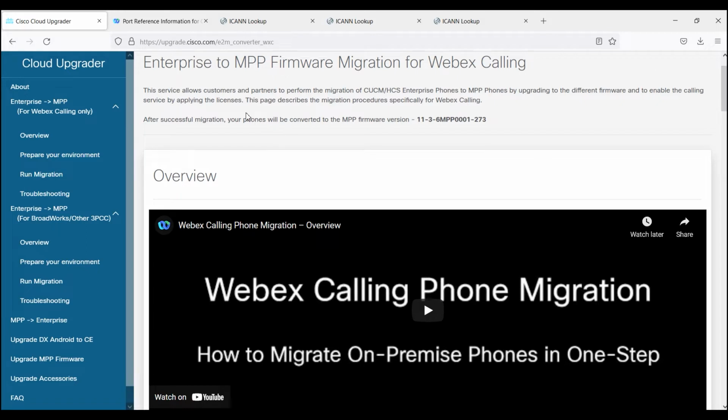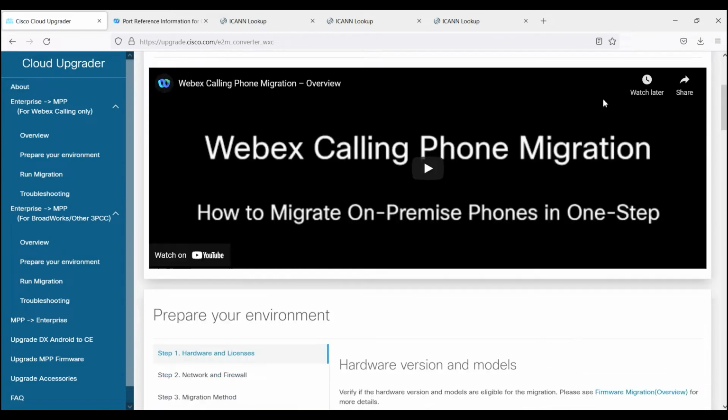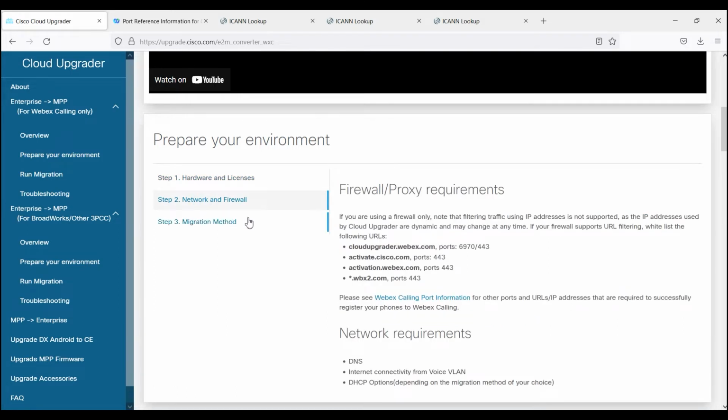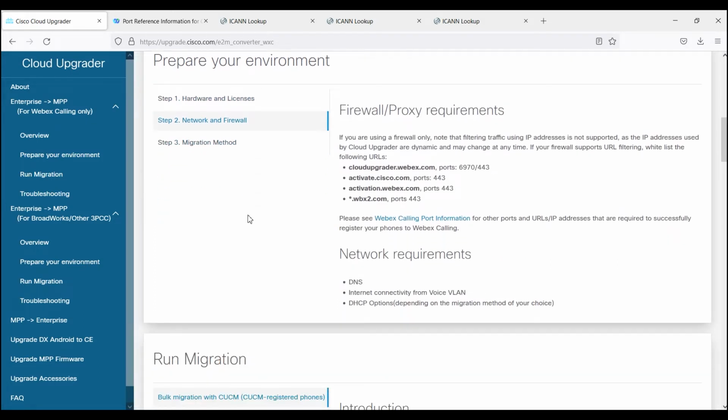So as you can see, I went to the upgrade.cisco.com site. I went ahead and I clicked on the Enterprise to MPP for WebEx calling only. This gets us to the page you're seeing right now that says E2M_converter_WXC. On this page, if we scroll down a tad, you'll notice they have an option for network and firewall. And if we take a look at this, one of the things we need to be aware of is